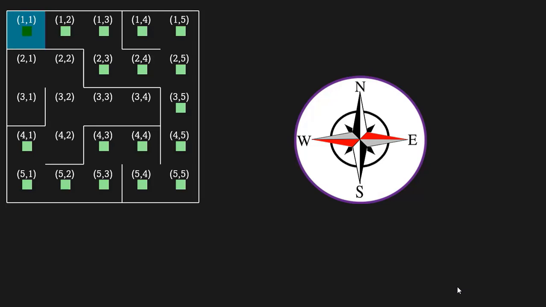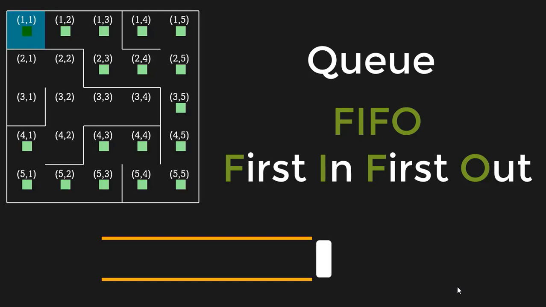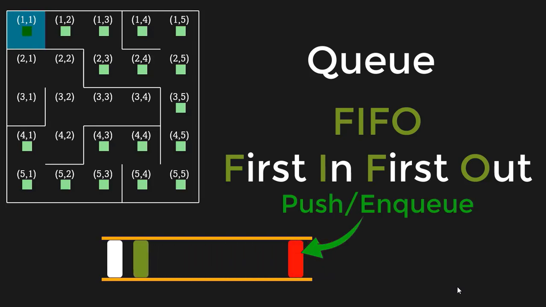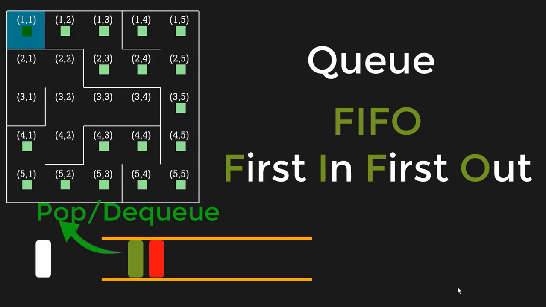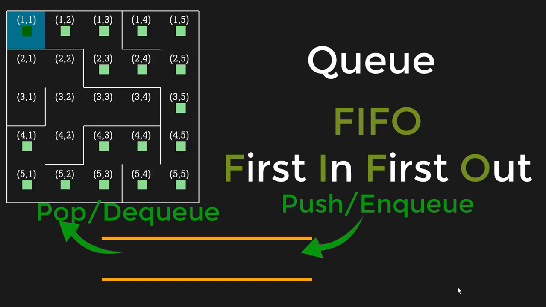Anyways, let's see the pseudocode of the breadth first search and then we will implement that in Python. For that, let me first introduce you to the data structure known as a queue. A queue is a data structure used for the collection of objects and is based on the principle of FIFO, which is first in first out, meaning that the first item stored in the queue is the first one to come out. Items or objects are pushed inside the queue and the first object will come out first and the last object can come out at the last. This is the opposite of the stack, which works on the principle of LIFO. You can say both ends of the queue are open. One end is used to push the item inside the queue and the other is used to take the item out of it.